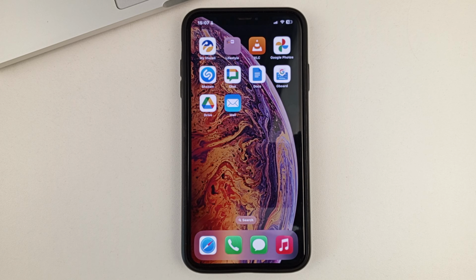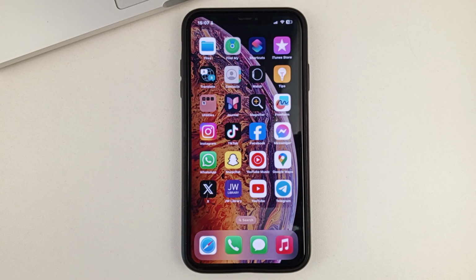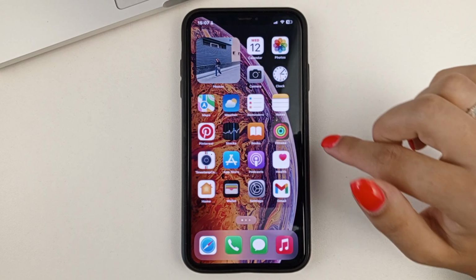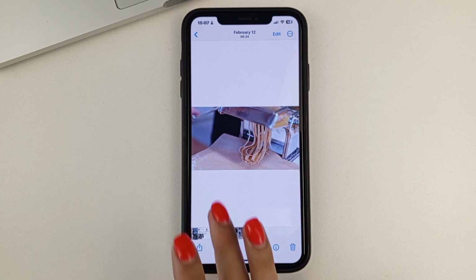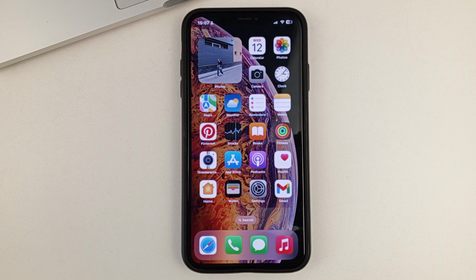So, let's you and I check to see if this video is saved in the gallery. To do that, we're going to find the gallery on your phone. Open it up, and as you can see, this video has been saved to the gallery. Friends, this is the way you can easily save videos from your Google Drive to your phone's gallery.